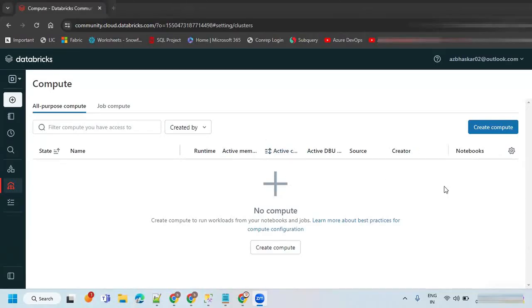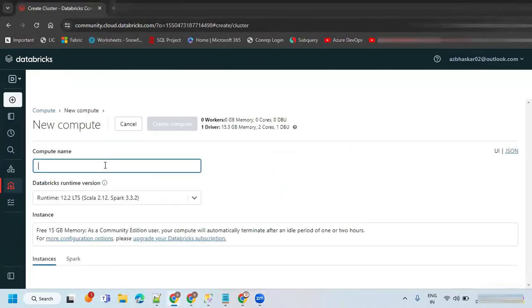Yeah. So let me create a cluster. Since it is a community edition, once it is expired, you have to make sure to recreate it first. Otherwise, you cannot practice with the community edition. Let's go for create cluster.